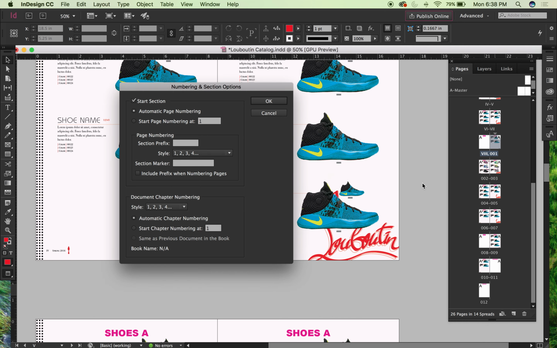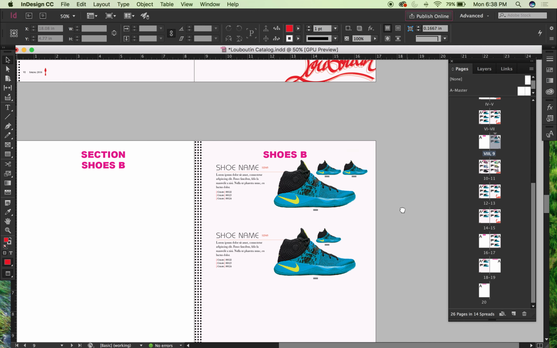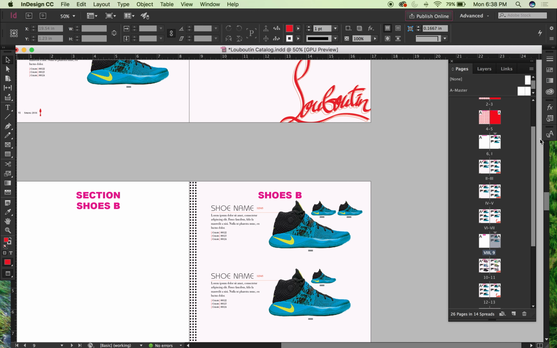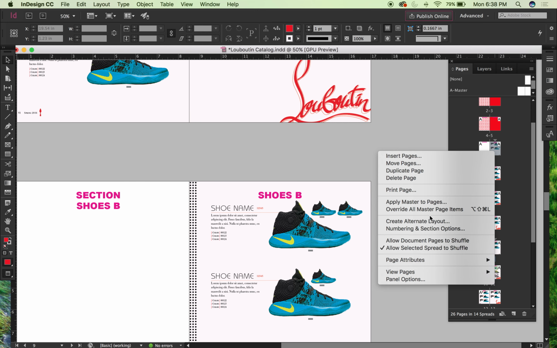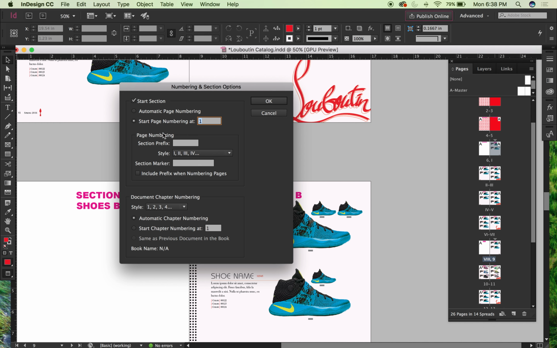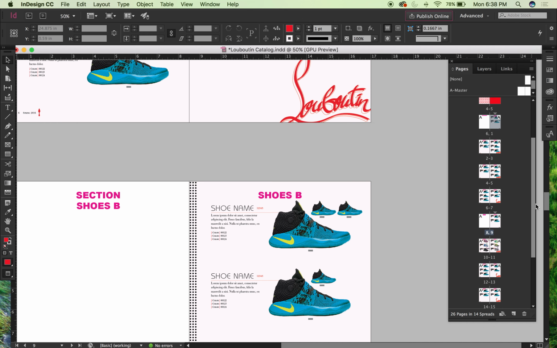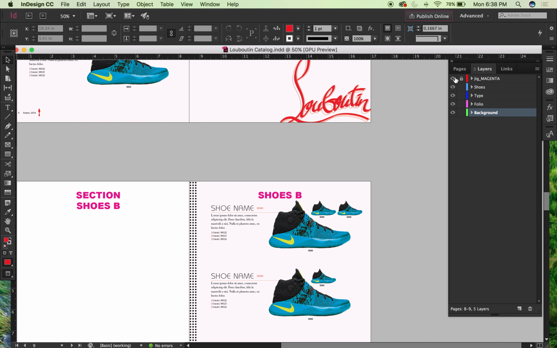So I'm going to go ahead and reset everything back. Numbering section options and start page numbering. I'm changing the style, that's it. And all my pages look fine. Okay, so